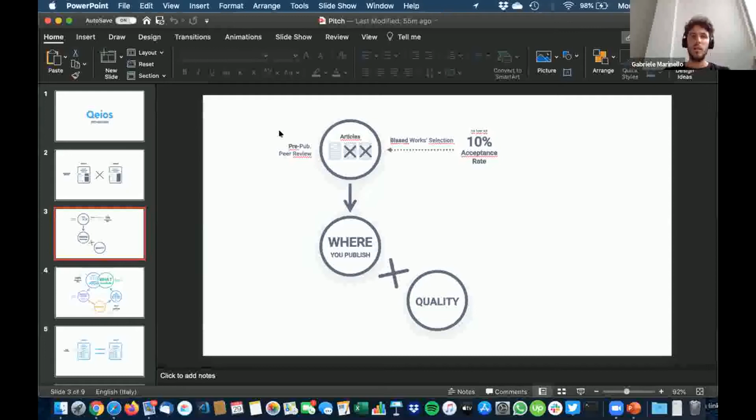I mean, there are many famous examples of Nobel prizes that were rejected in the first place. So we know that peer review as it is performed now is not that reliable, but still we rely on the judgment of just a maximum of 3 peer reviewers to check the quality of our research.